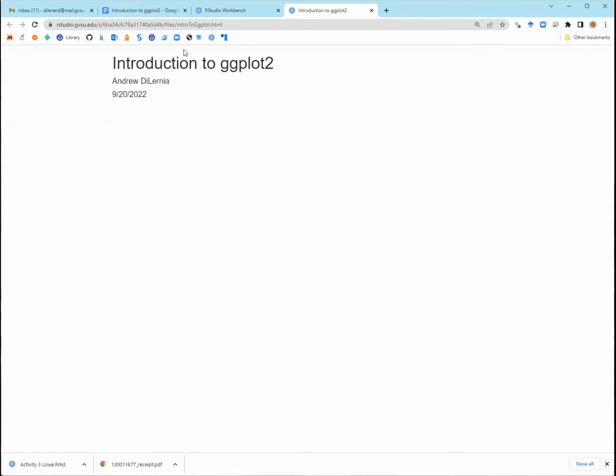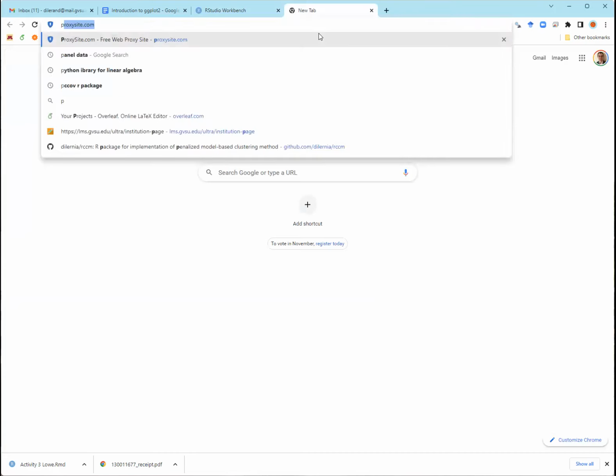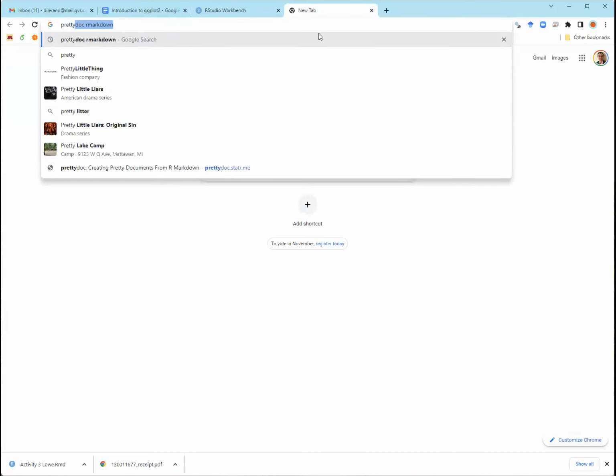But optionally, you can give this some extra flair or make it a little bit fancier, just style-wise, which is entirely optional, so you don't have to do this. But there's this nice package called Pretty Docs. So if you Google this,